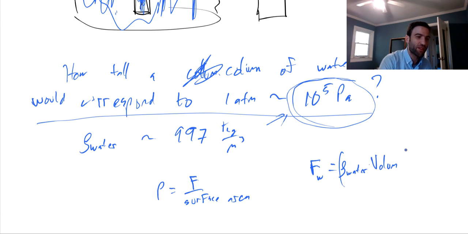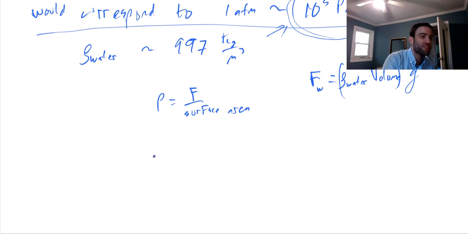So that's all the mass, times the acceleration due to gravity. So if this is the equation I'm trying to balance out, target pressure of 10 to the 5 pascals, I want that to be equal to